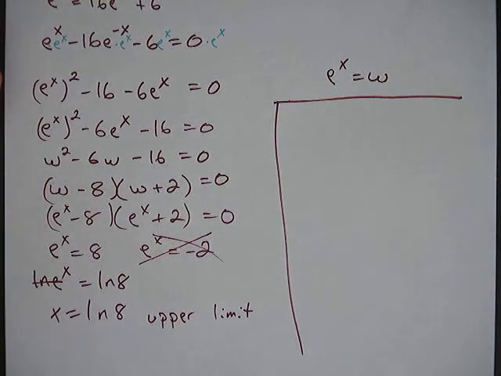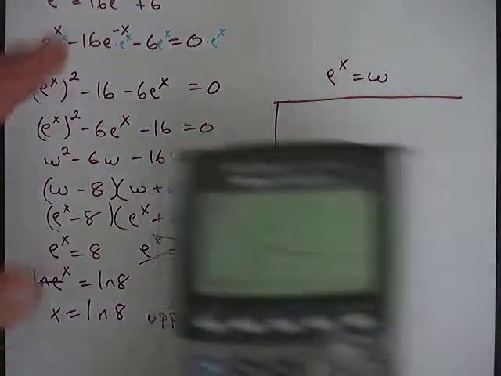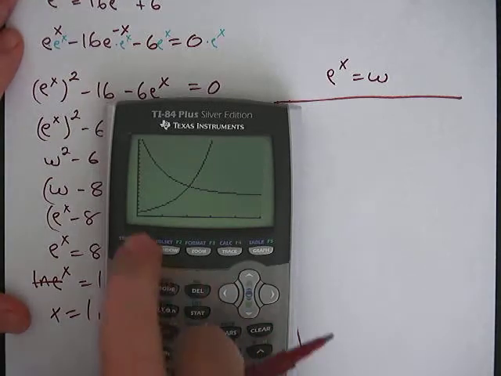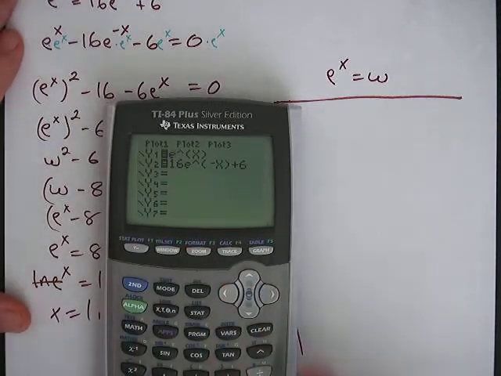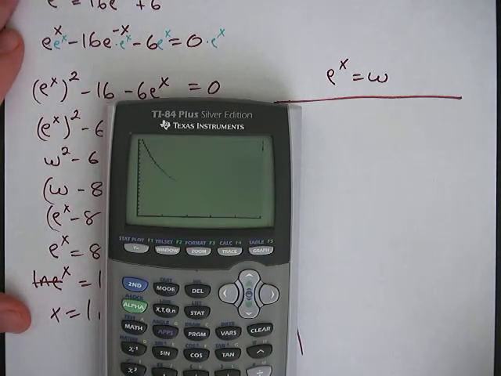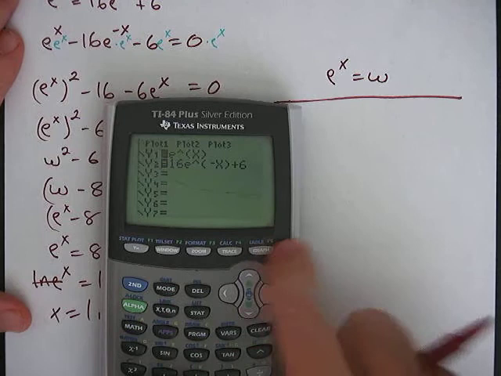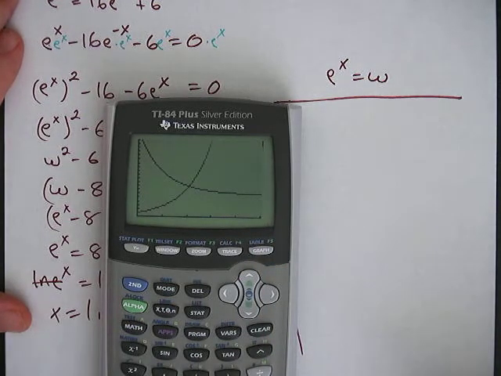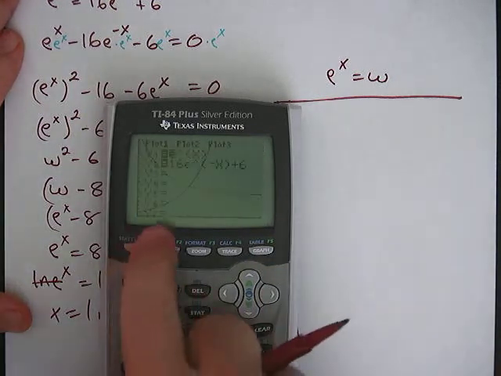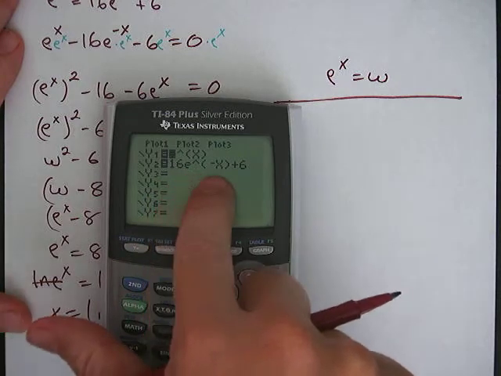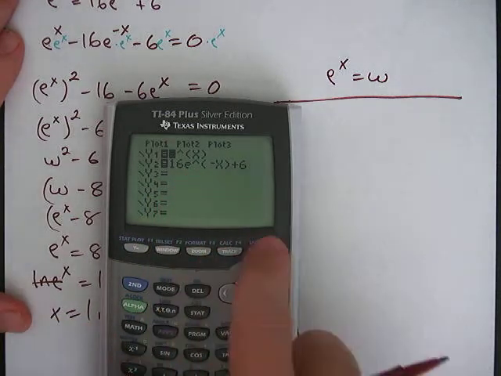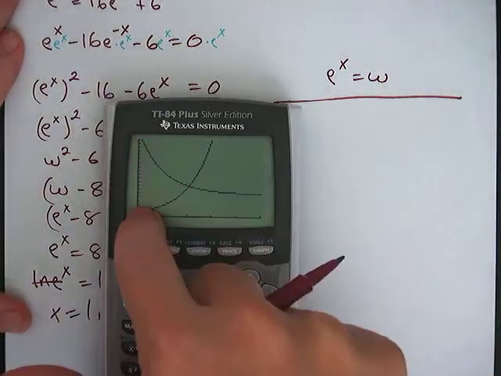We know what our upper one is. Do we know what our upper one is? Well, let's make sure we do. Let's go to the graph. We can turn off one of these graphs to see which is which. So it looks like that is the one that's going down. And let's turn on that one again. That's the one going up. So the 16e to the negative x plus 6 is the top function, and the e to the x